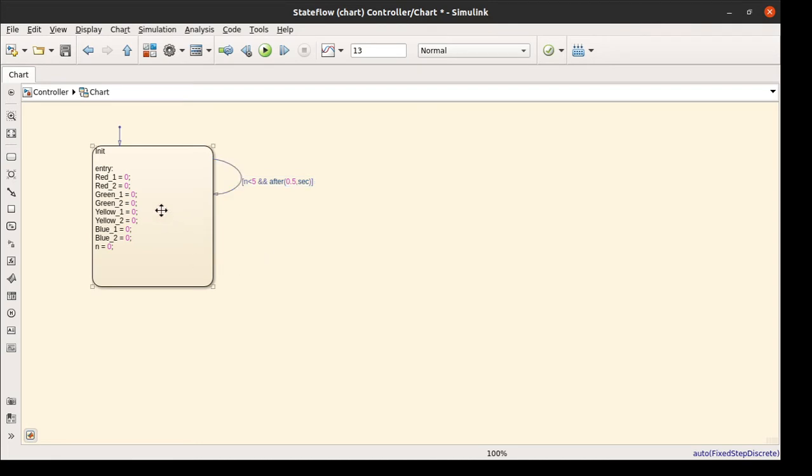So once the state is here, once it executes all the logic, it will come out of the block and wait for 0.5 seconds and again enter the state, but that will continue until n is less than 5. So here I am incrementing n by 1.